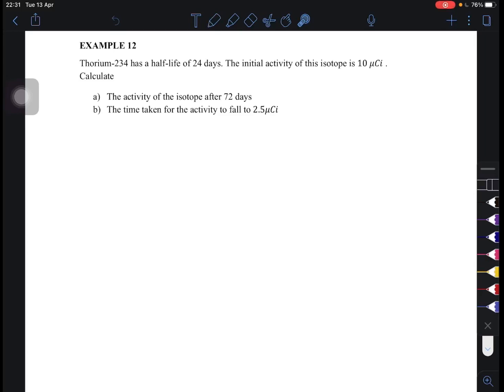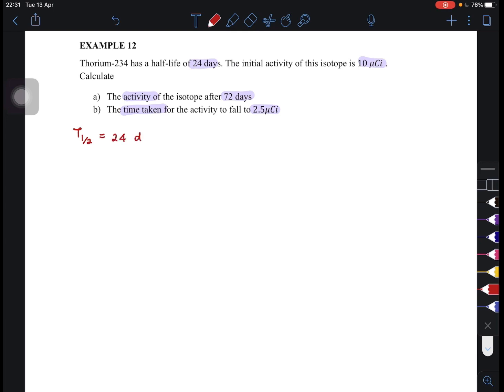The next one, we look at example 12. Thorium-234 has a half-life of 24 days. The initial activity of this isotope is 10 microcurie. Now calculate the activity of the isotope after 72 days and the time taken for the activity to fall to 2.5 microcurie. Okay, so now we have half-life